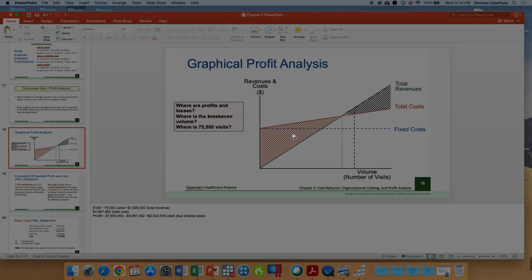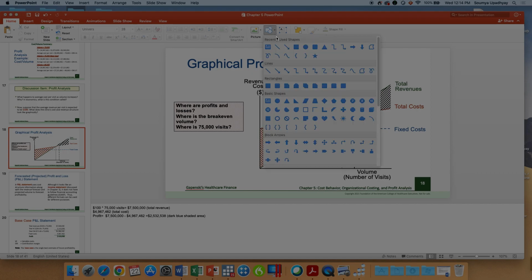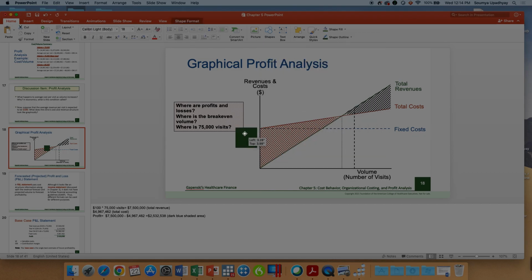Now the loss is shown here. This triangle right here, this red triangle that you see, is the loss because that is showing negative revenues. Let me see if I can insert a shape or something. If I had to insert a shape, right here it would be 4,967,